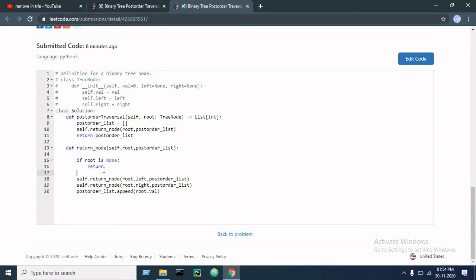When it finds none, it will return and come back to the previous node, and after it the same for the right, and after that I append the value of the root, or the current node, to the post order list. And this procedure will go on.